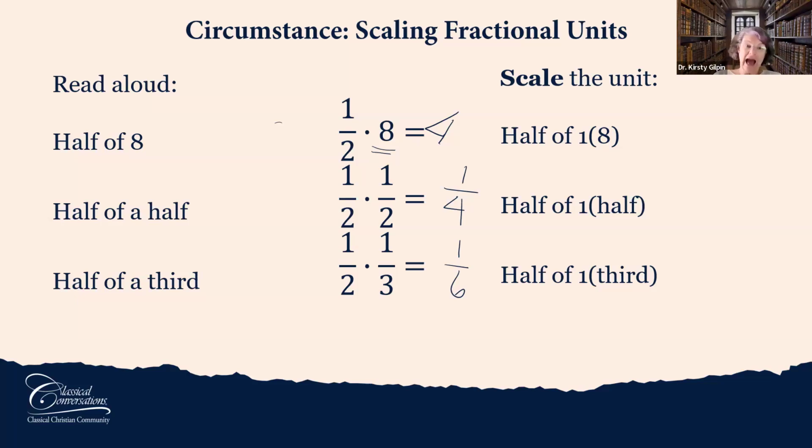If I have a half of a third, I expect it to be smaller. So yes, when I start looking at that as a scalar and a unit, now my brain starts to almost instinctively start to see. Now, my brain may do it instinctively because I've done it for a long time, but